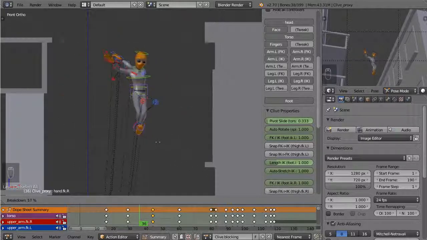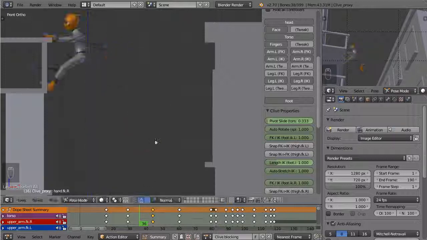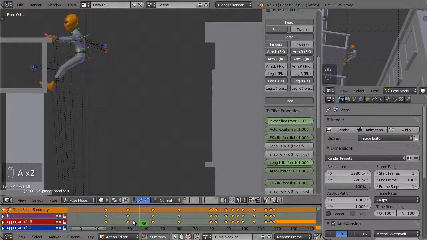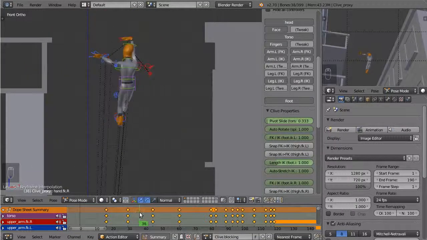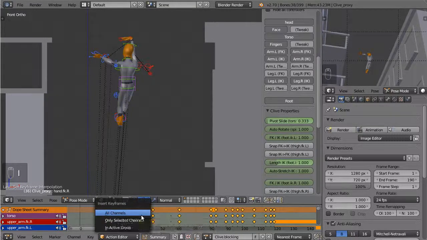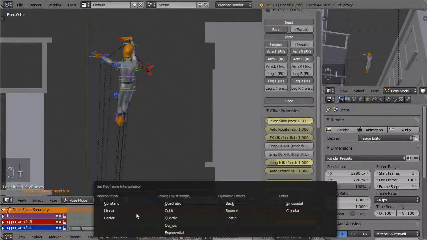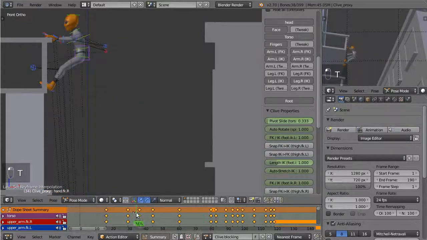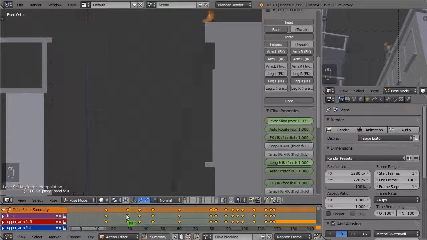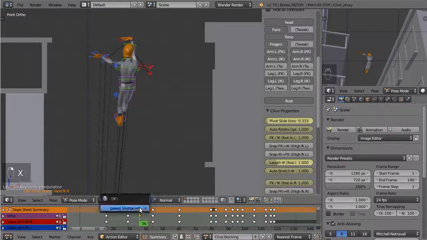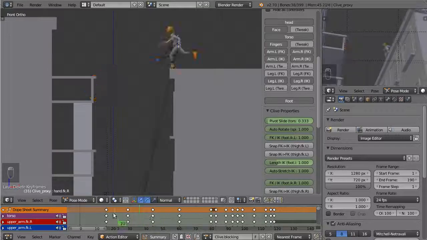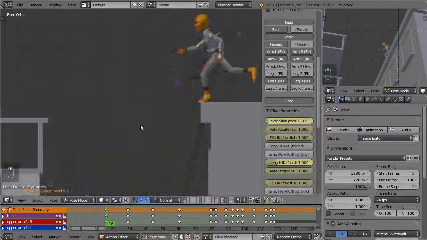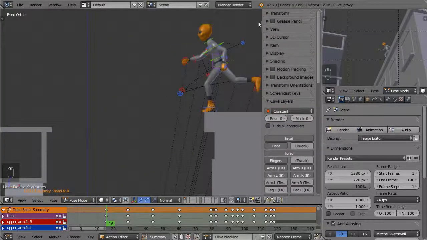So there is actually an alternate method. Instead of using the in-betweener, what we can do is actually set all these keyframes to be linear. And suddenly you can see the character is moving the way I intended it. Now all I need to do is set a keyframe on all channels, and I can switch back to constant, and I've got a nice in-between that I can start tweaking. So those are the methods I'll be using, and the things I'm looking out for as I'm producing these in-betweens are